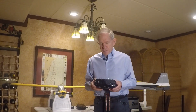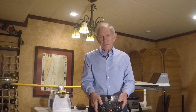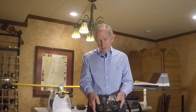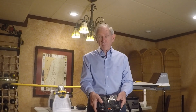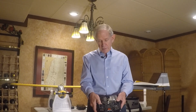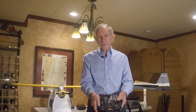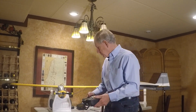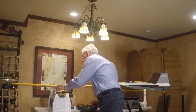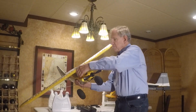And in experience mode, when you bank the airplane with the ailerons and you release that bank, it won't come back to level flight. It's going to stay in that bank. So if you bank the airplane and that's all you do, and you release the controls, the airplane's going to crash. And it won't take long. Because when you bank that airplane, and I haven't got the transmitter powered on, when you bank that airplane,